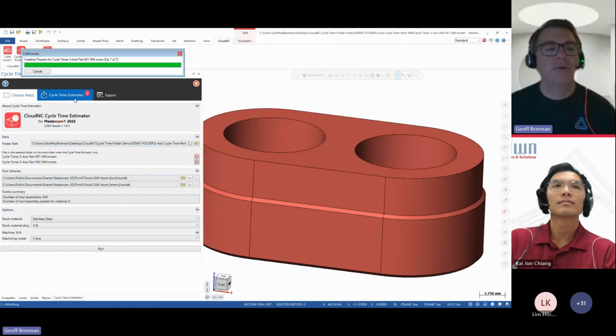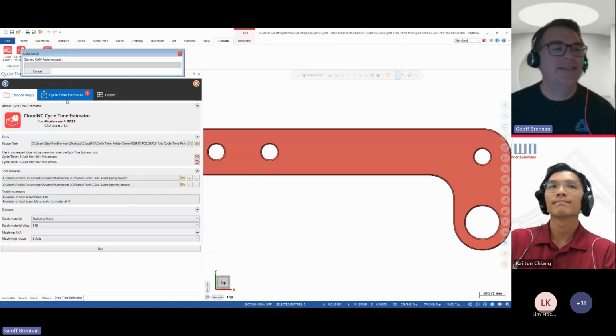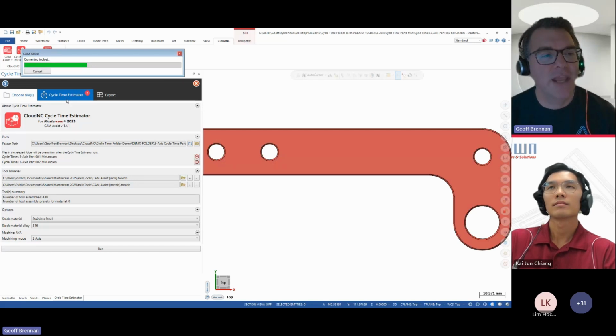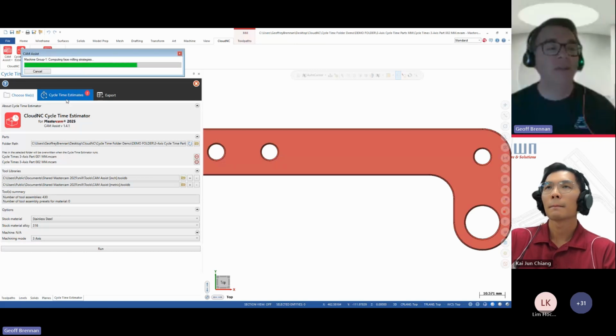Let's say your customer or your customer's customer has sent you a quote. It's got 3 sort of similar parts. You could do it this way, or you could do it the way we did on the other parts where we open them up and actually spend a little bit of effort setting them up and setting some of the human guidance on Cam Assist so that we can get desirable output in terms of not only the CAM program, but the estimation.